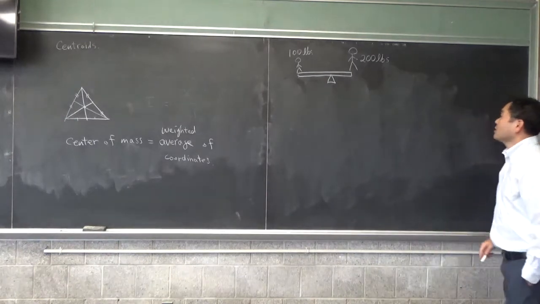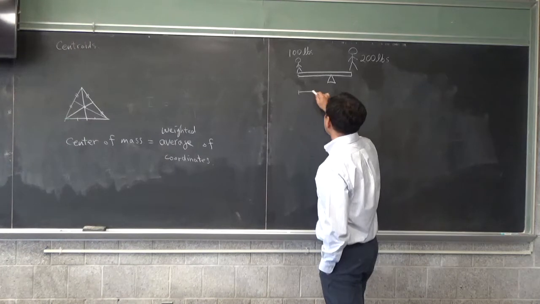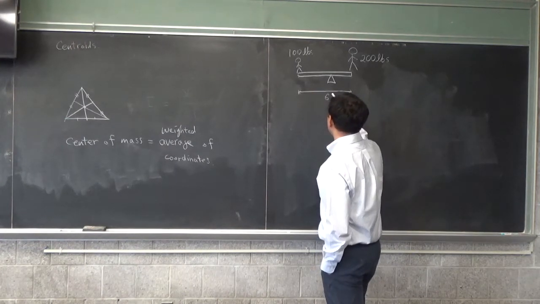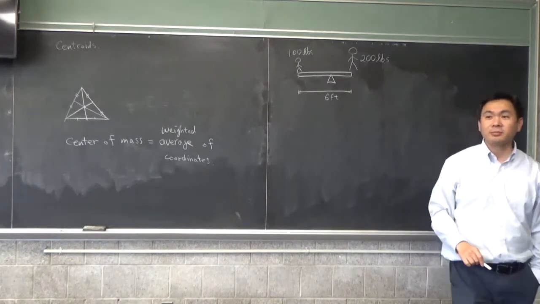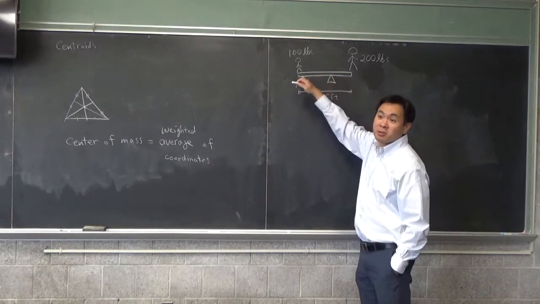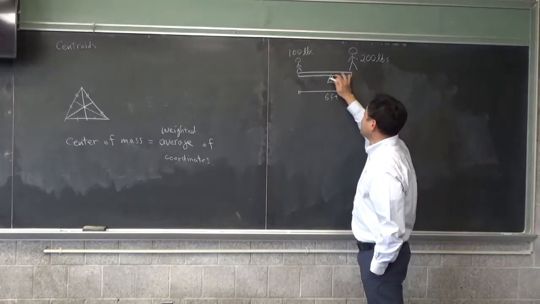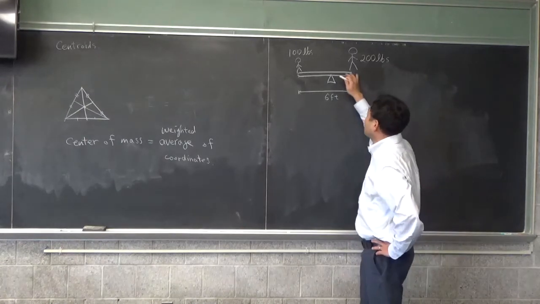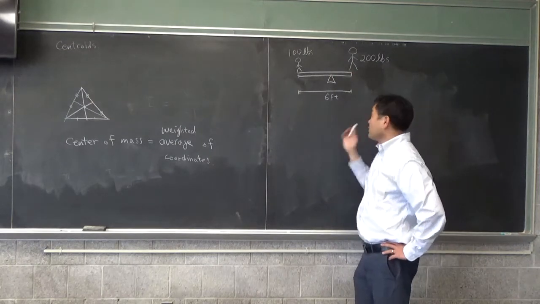And then let's say this length is 6 feet. And you want to know exactly which place should be the center of mass, ignoring the mass of the rod. Actually, if this is heavy, that's going to also play a big role. But let's say this rod is very thin and it's really just these two. In that case,